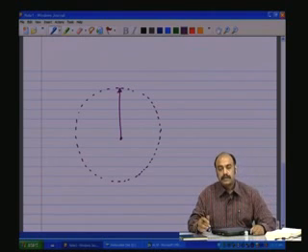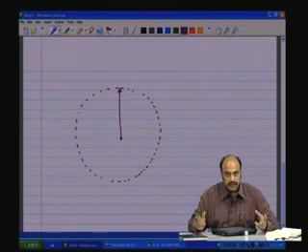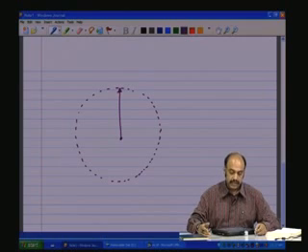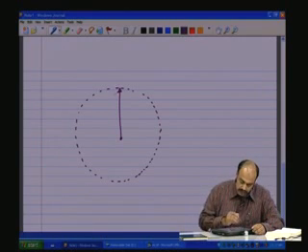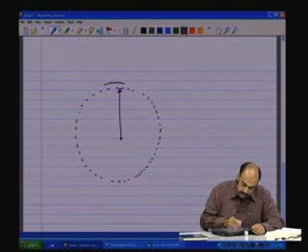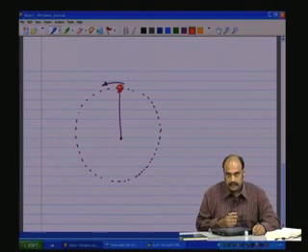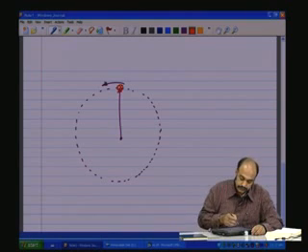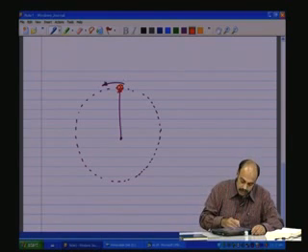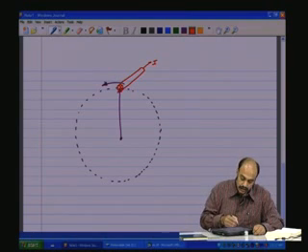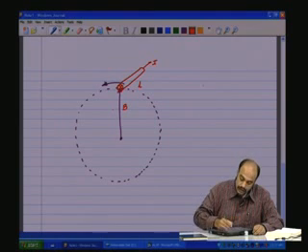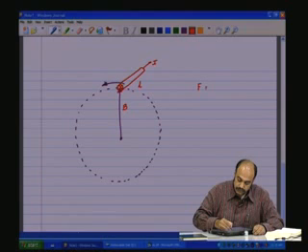If we apply 120 degrees electrical phase shifted sine waves to the three coils which are also 120 degrees phase shifted in the mechanical, that is in the stationary spatial coordinates, now as this is rotating, and if we have a rotor conductor, this magnetic field which is rotating is cutting this rotor conductor, and there is a current which is going to flow through the rotor conductor, and that is I. There is a length of the conductor L. This magnetic field is of intensity B. So by the Lorentz law, you have a force which is BIL